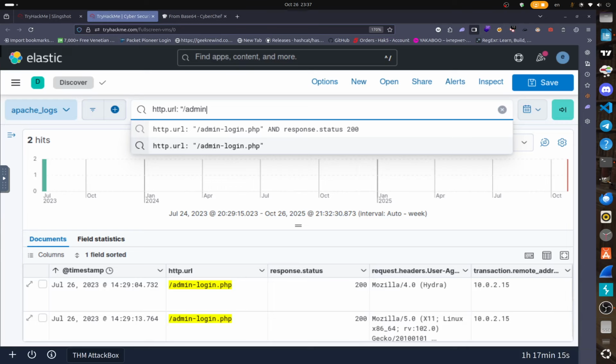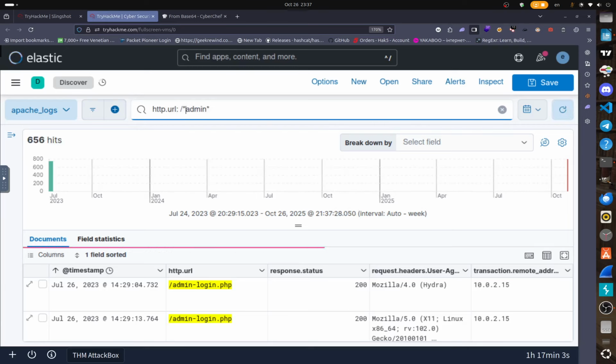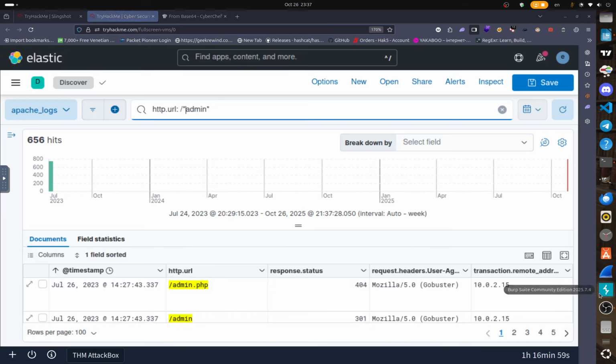You're gonna get a lot of hits. Okay. All right. So how to find the